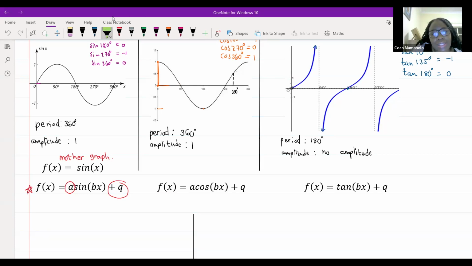Let's look at this middle part here. Okay, if we look at over here, I've added bx. What would I put here? Normally, if I just had sine of, what would go here? A what? Is it an angle? Is it a ratio? What would we put here? It would have to be sine of